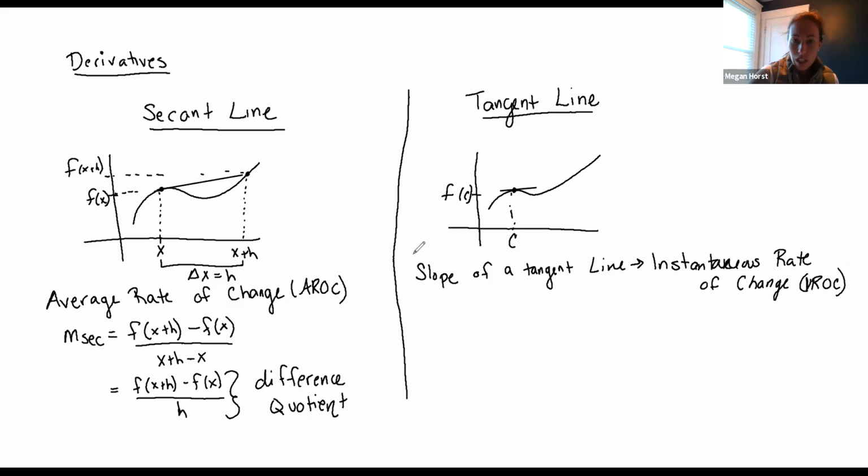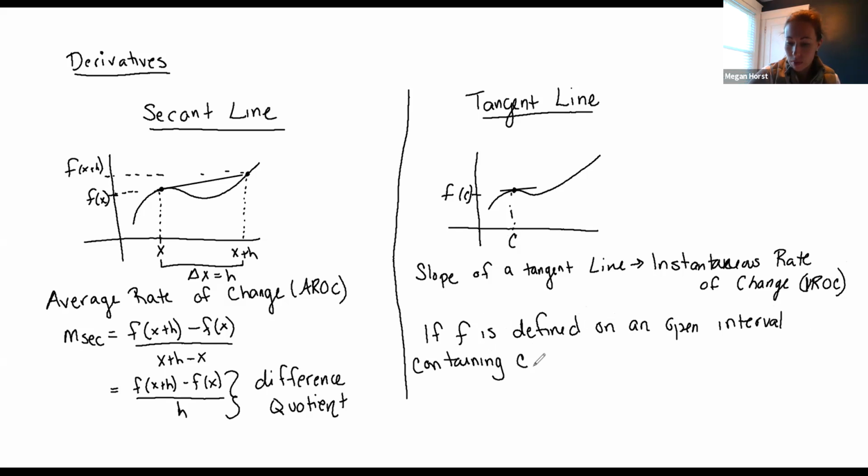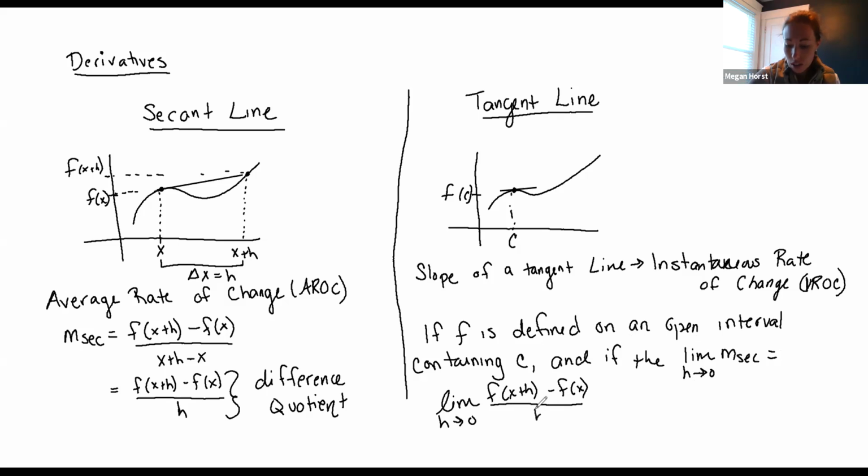And so what we say for our tangent line, our definition, is that if f is defined on an open interval containing c, and if the limit as h approaches 0 of the slope of the secant line, which equates to the limit as h approaches 0 of f of x plus h, subtract f of x, all over h, equals the slope, if that exists, then